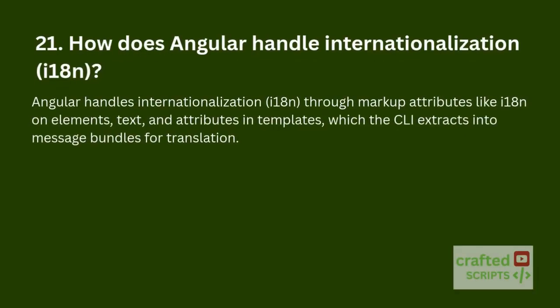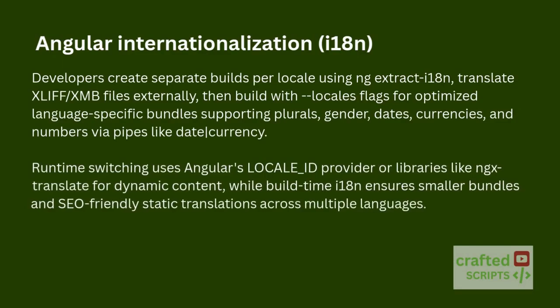Question number 21. How does Angular handle internationalization? Angular handles internationalization through markup attributes like i18n on elements, text, and attributes in templates, which the CLI extracts into message bundles for translation. Developers create separate builds per locale using ng extract-i18n, translate XLIFF or XMB files externally, then build